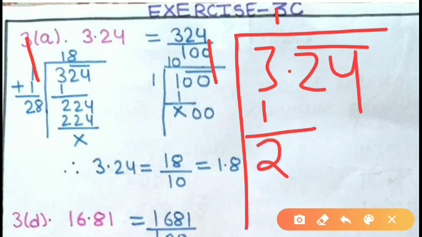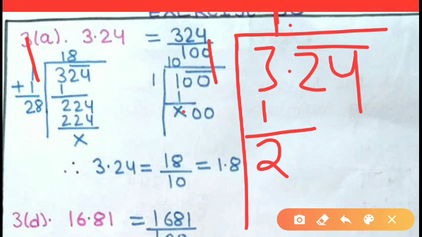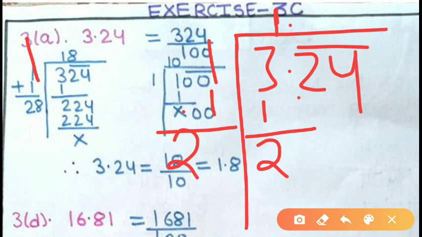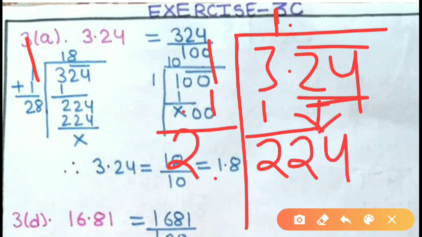After 3, one decimal is there, so put one decimal here. And here it is 1, so write here again 1 and just add. When you add, you will get 2, and 2 is not divisible by this. So you just write down the 24. Now after this 2, you write one by one the digits 1, 2, 3, 4 and so on, and multiply with the same digit to get less than or equal to 224.